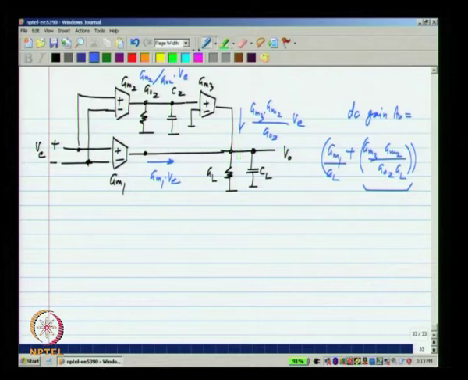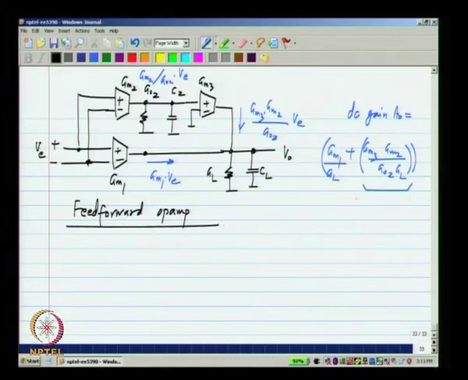Okay. And because we have 2 stages here and the single stage going from the input to the output of that, that is usually known as feed forward, and this is known as a feed forward op amp,